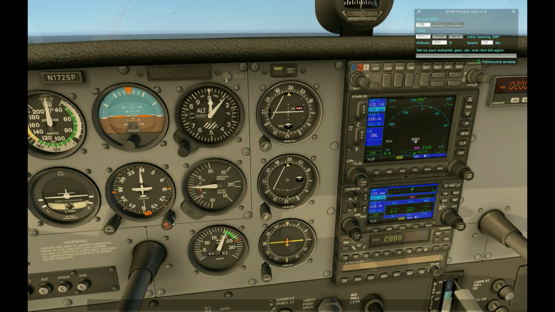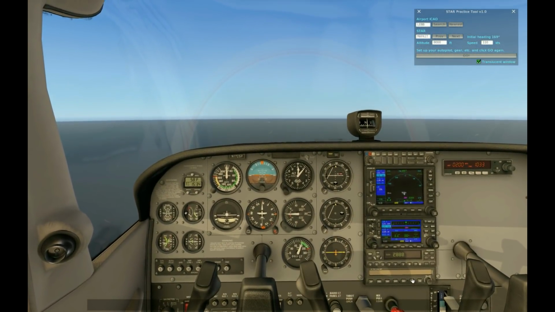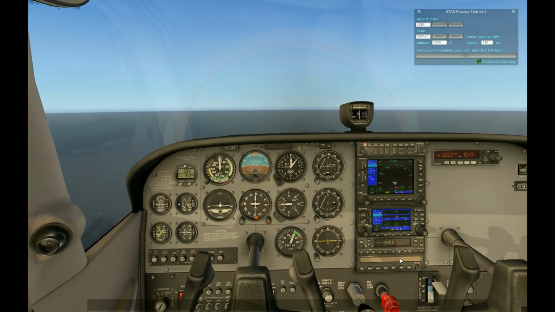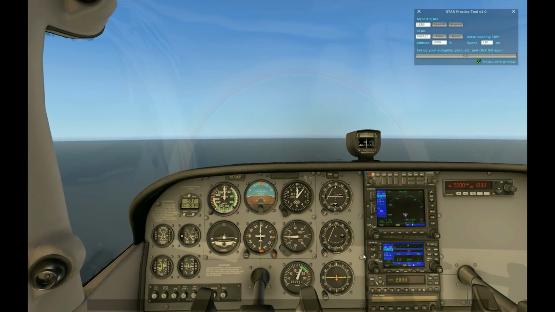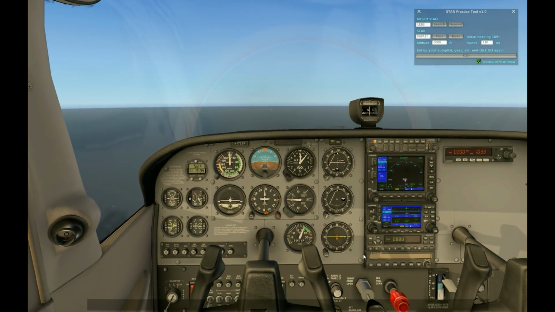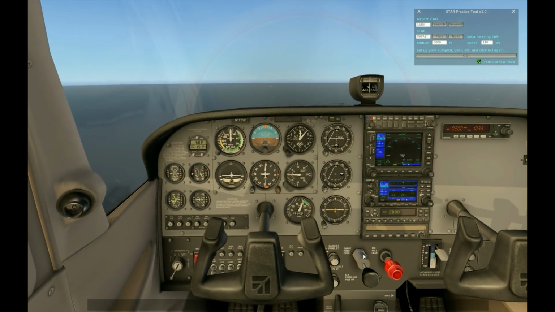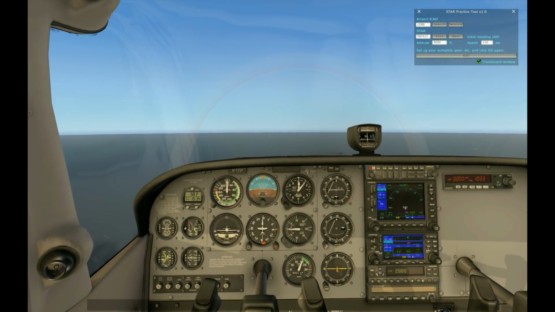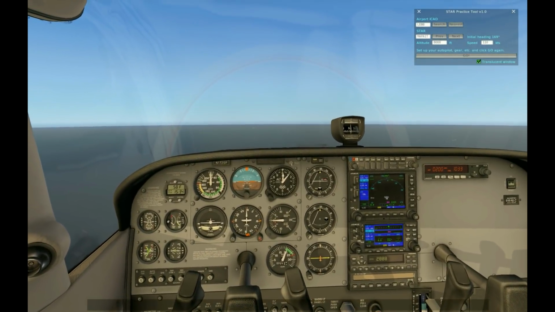The plugin also says that you can use this time to set up the autopilot, which is true, but it actually depends on which aircraft you are flying. For example, if you engage the altitude mode now, the aircraft thinks that it's on ground level, so it will try to go down. I actually wanted to show this issue because that's one example of the kind of things you can find with different aircraft. Okay, so let's click go again.